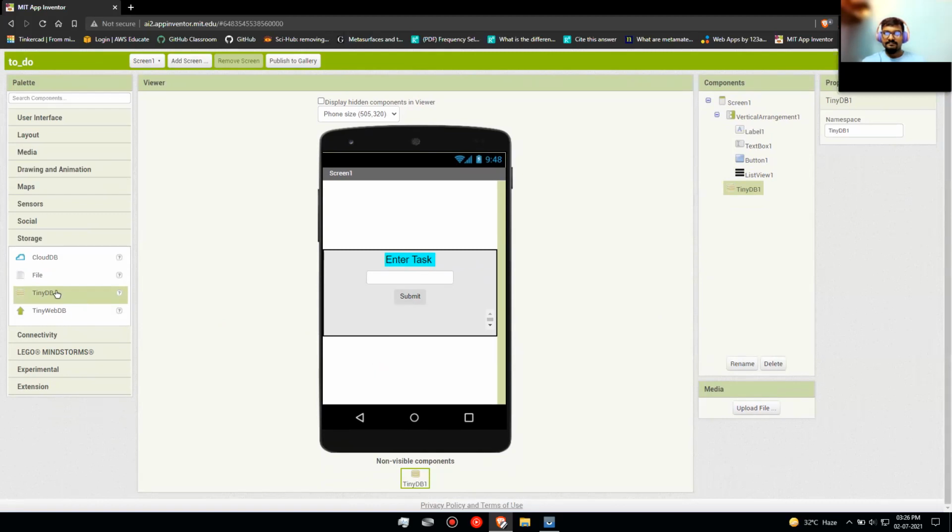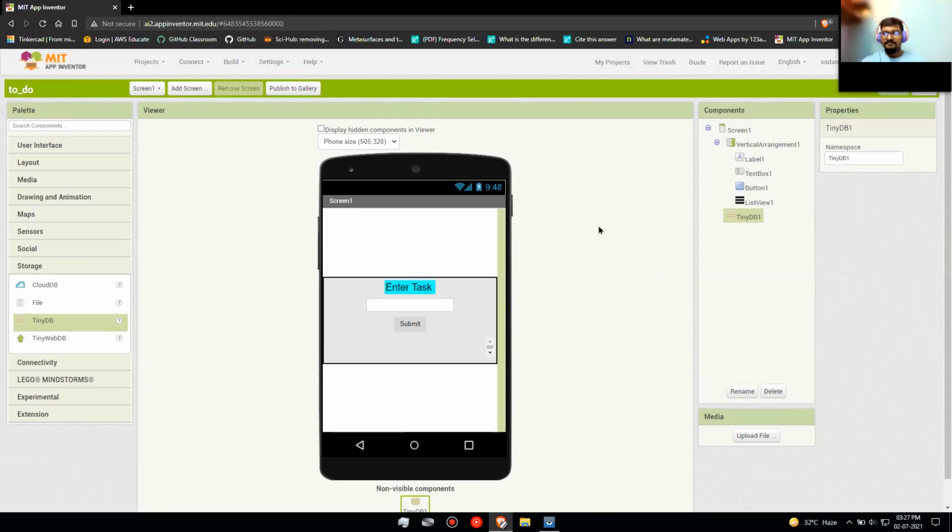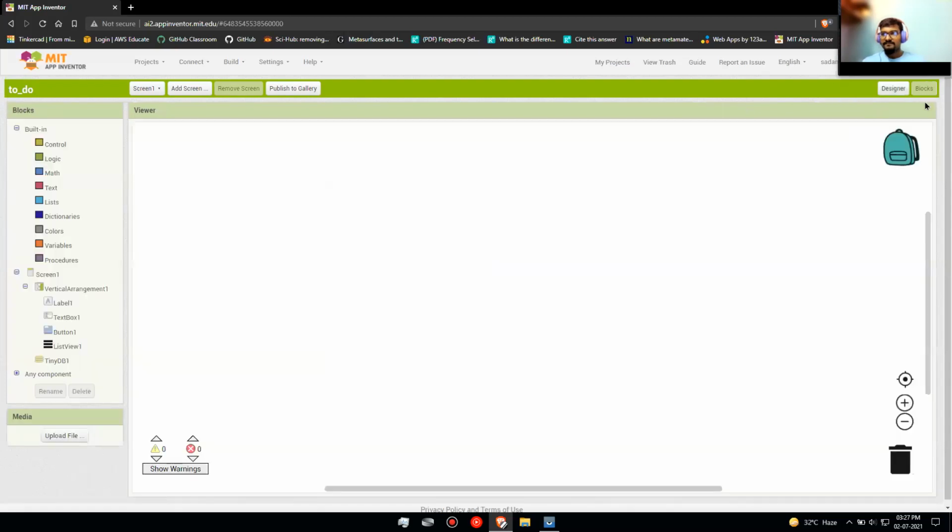It is actually a non-visible component, so it won't affect the layout. So our basic layout of our to-do list is actually ready. Now we can work with the blocks. So has everyone reached here? Yes.